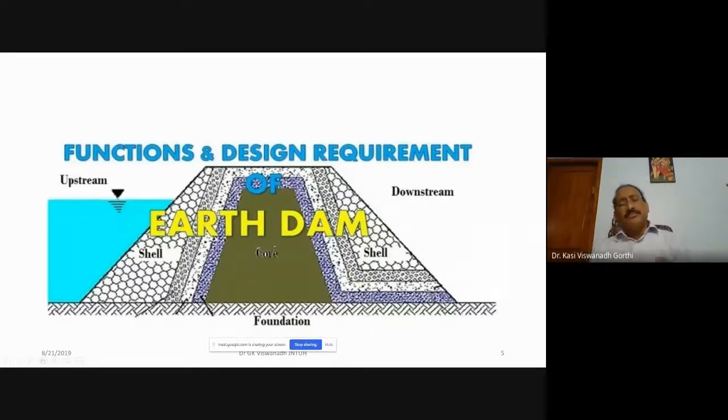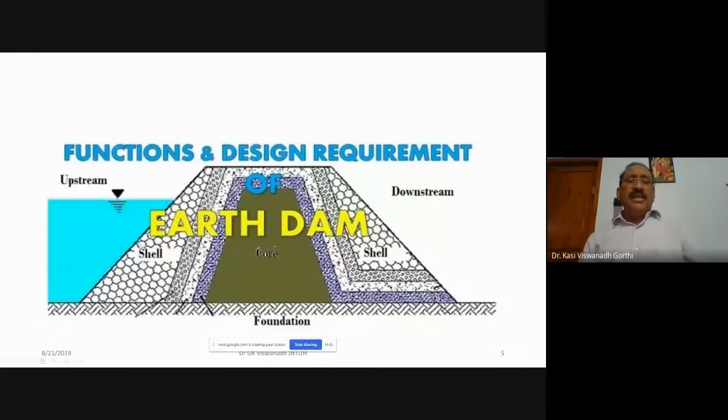Because you are using the locally available earthen material and getting it compacted, the compaction must be done thoroughly. If the compaction of the layers in an earth dam is not done thoroughly, there will be a big issue that the water which is already stored on the upstream side will have a tendency to flow from the upstream through the body of the dam to the downstream portion. Once it starts flowing from upstream to downstream, many disadvantages can happen, including the failure of the earth dam.